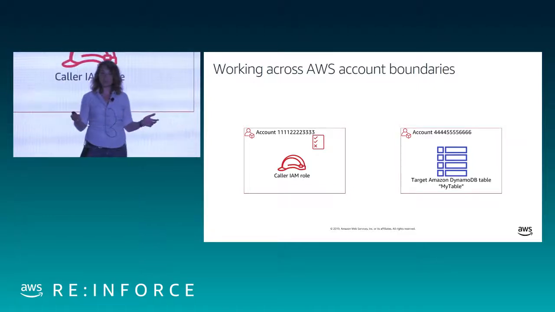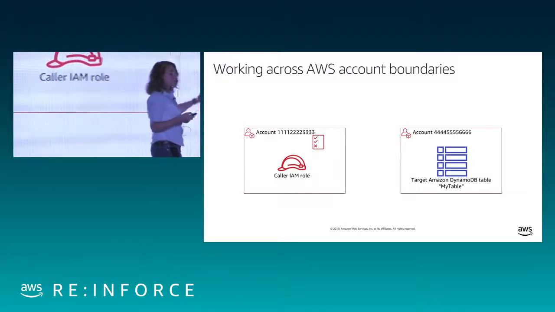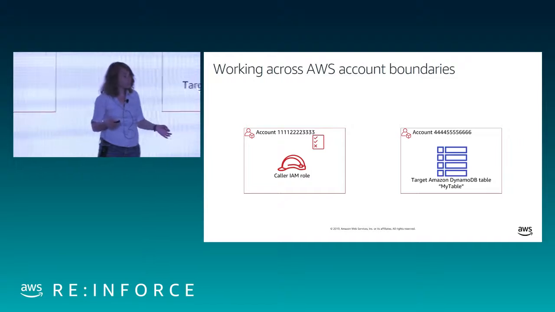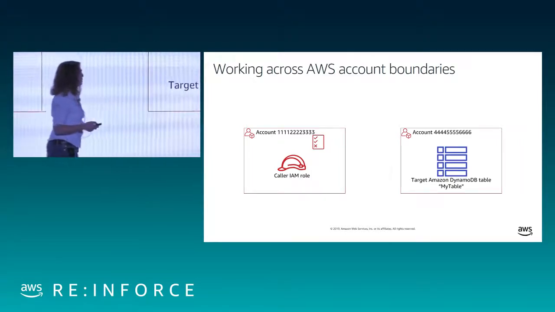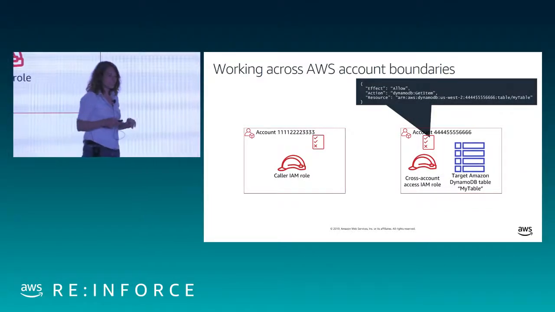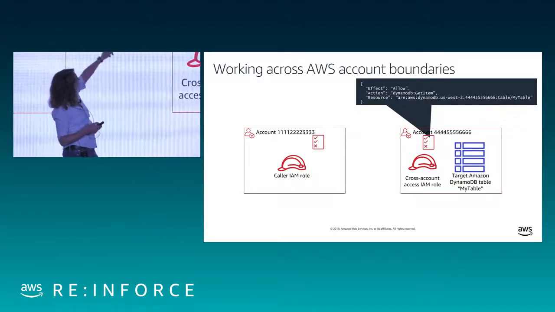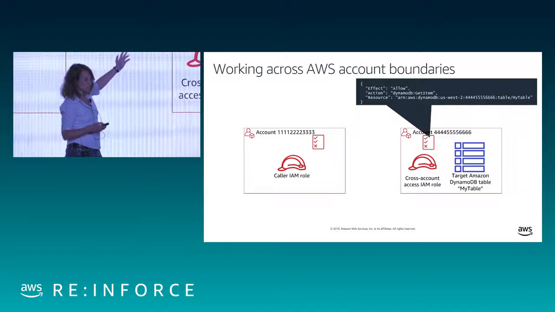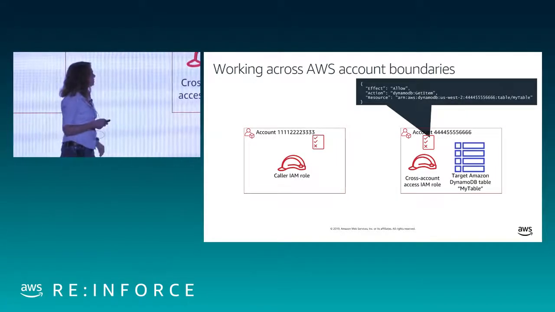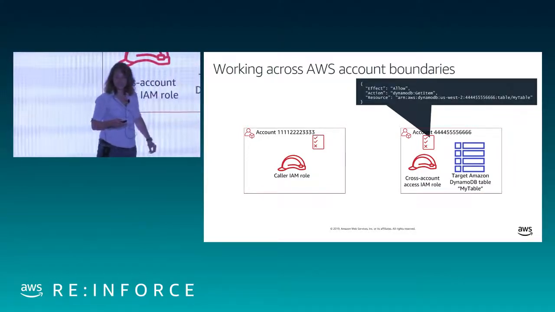Now, a lot of our AWS services support resource-based policies, but some of them don't. For example, a DynamoDB table. What happens when a principal in this account needs to call a DynamoDB table in this account? Well, DynamoDB tables don't have resource-based policies, so there's another pattern you can use for cross-account access. The way it works: create a role right next to the resource in that same account. Like any other IAM role, we'll put a policy on it that looks the way you expect. Let's say we're trying to allow GetItem on this particular table. So now you know that anybody in this role can make GetItem requests against this table.